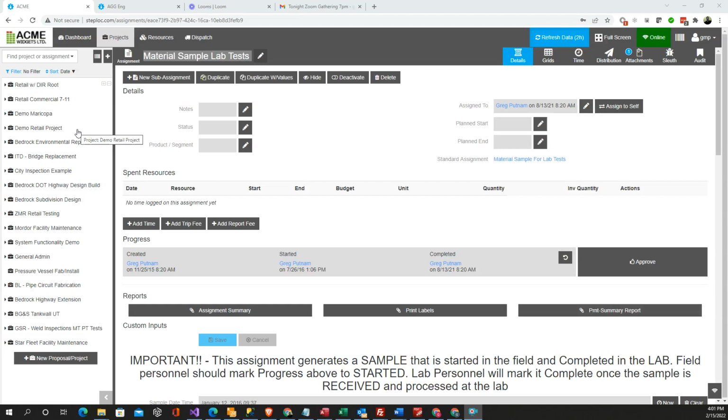Hello, today we're going to talk about samples and getting materials to the lab and doing some lab tests. Just a basic overview. To begin with, we're going to start at the project level, and a lot of systems,